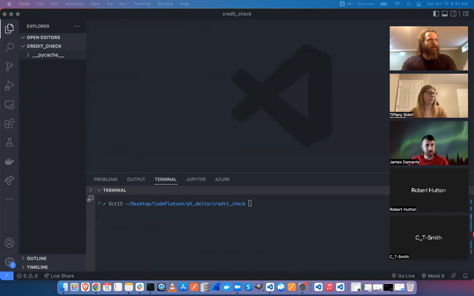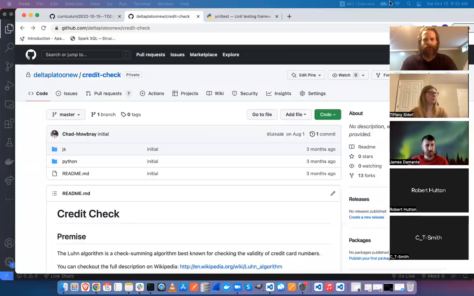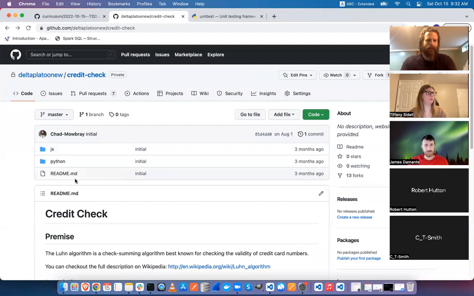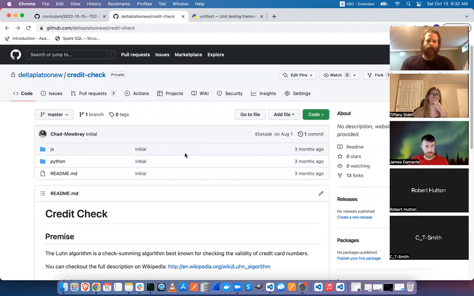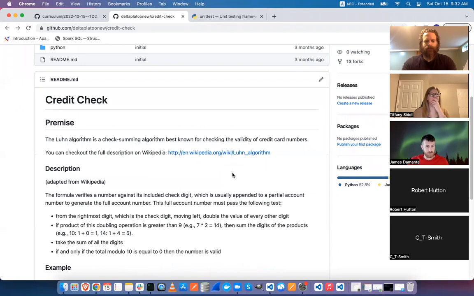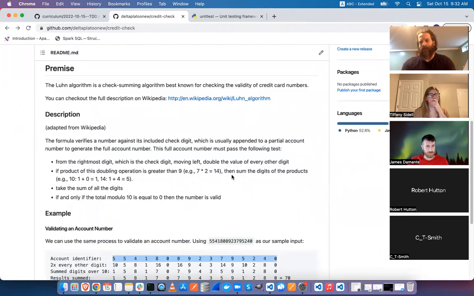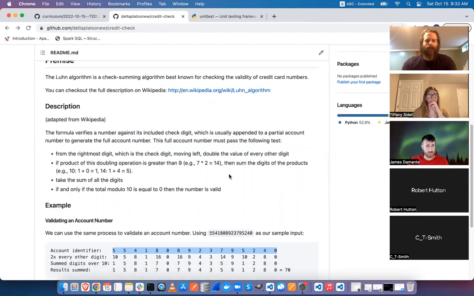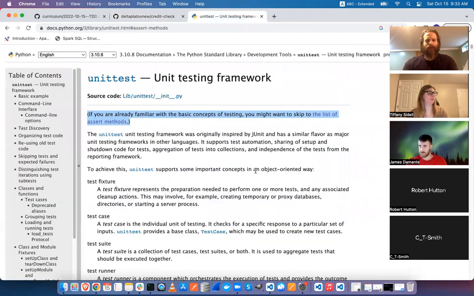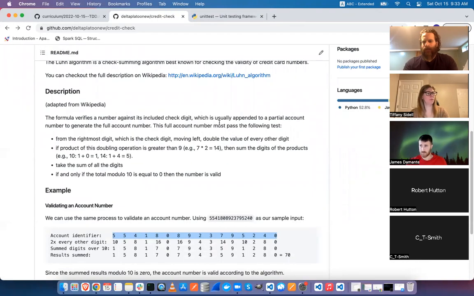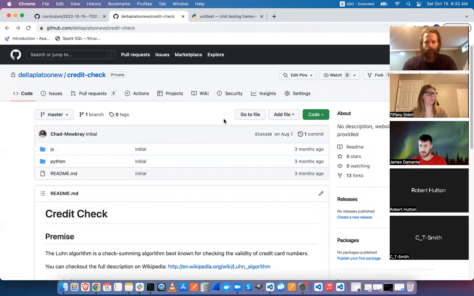So I'm going to go ahead. Excuse me, I'm getting over a cold. I'm going to go here and go through the process. I'm going to fork this over and clone it. And then I'm going to solve the credit check. I'm going to structure it as a class. And I'm also going to use Python's unittest library, which we'll look at in a second, to write tests for it. All right, so first thing I'm going to do,